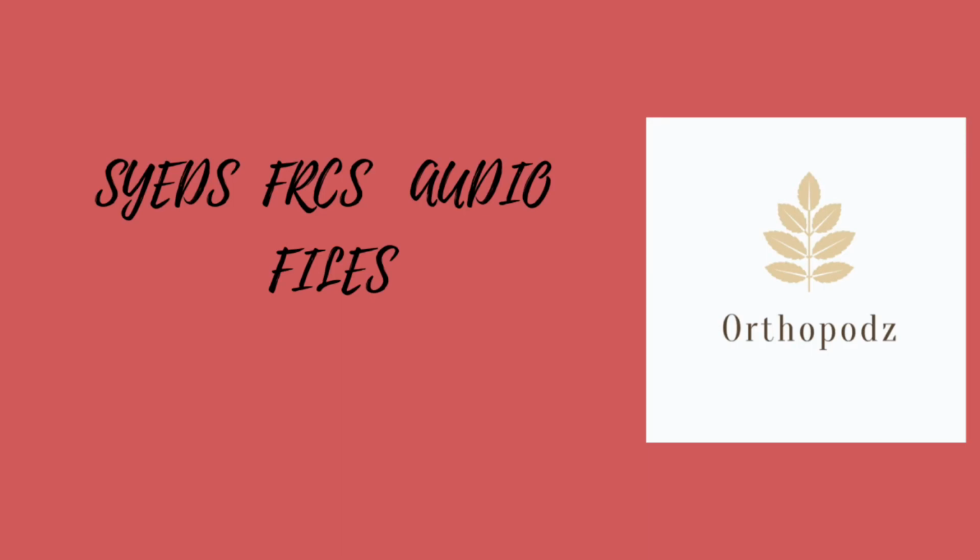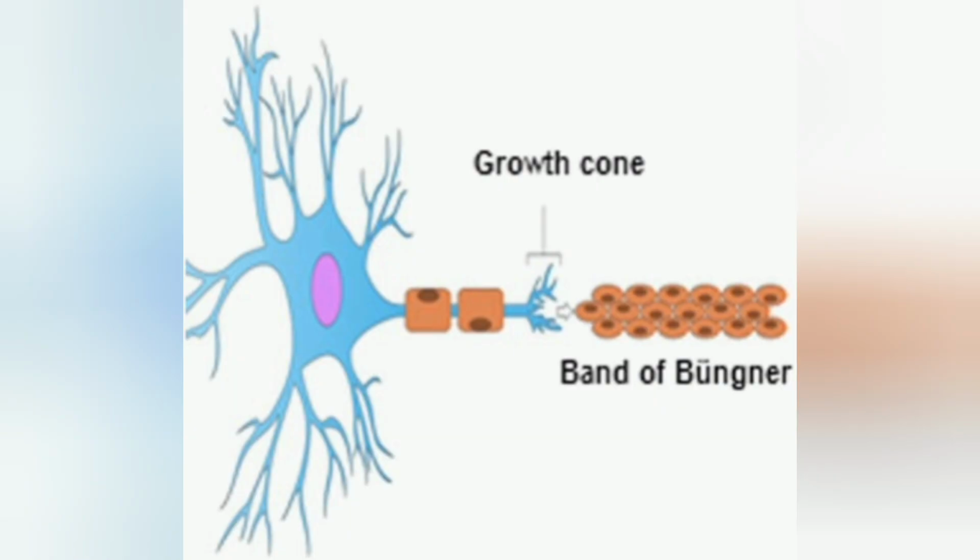How do nerves regenerate? The concept is about band of Büngner formation, filopodia formation, and contact guidance. So basically, when the nerve is injured, the proximal axon undergoes